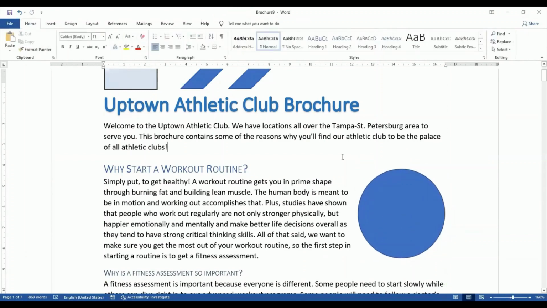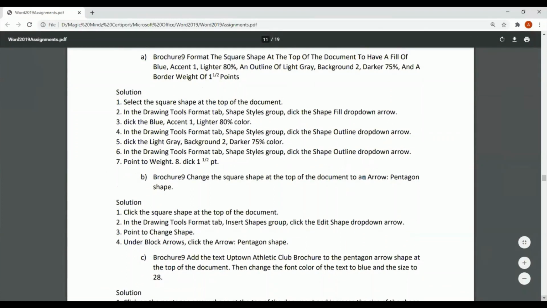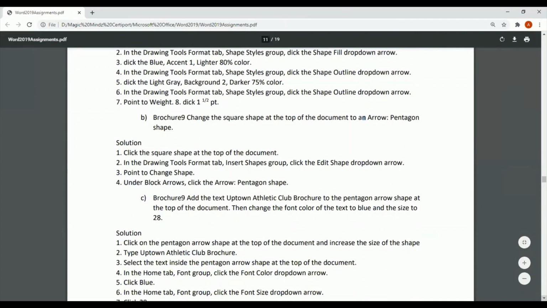Yes, are we clear with the shape? So this was question number 16A of how to change the color. Now I'm coming to 16B. After you have put a shape and given it color, you want to change the